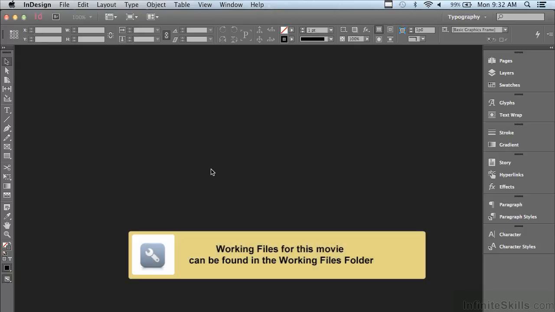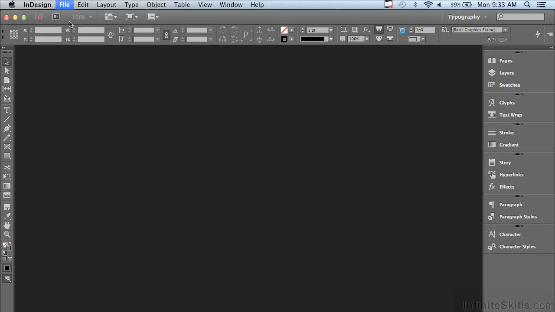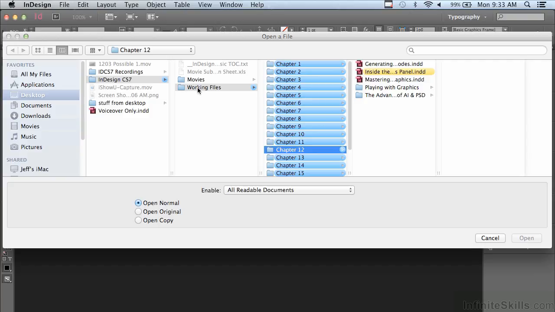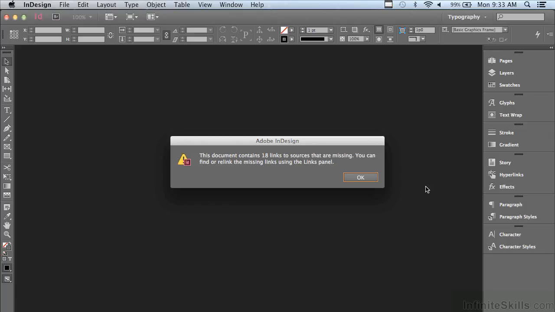In this lesson, we're going to continue to discuss graphics. If you'd like to follow along, go under your File menu to Open. And in the Working Files folder, go into Chapter number 12 and select inside the Links panel and just click Open. Occasionally, when you open a layout, you'll get a warning like this, letting you know that your images are